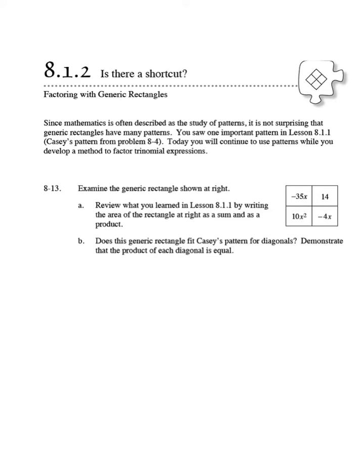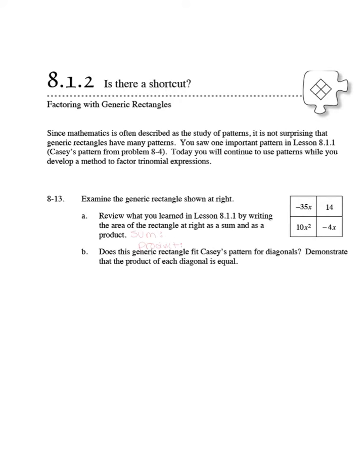Let's start with a reminder of generic rectangle. Part A. Review what you've learned in Lesson 811 by writing the area of the rectangle at the right as a sum and as a product. So when we're writing as a sum, we're just listing the tiles that we see. We've got a 10x squared, then we can combine the like terms,